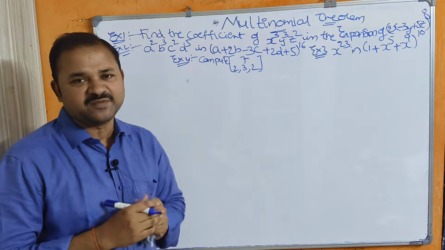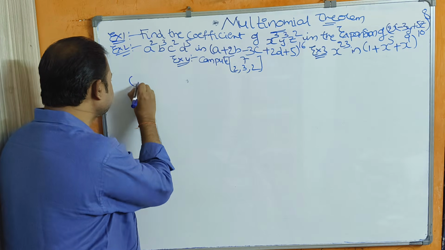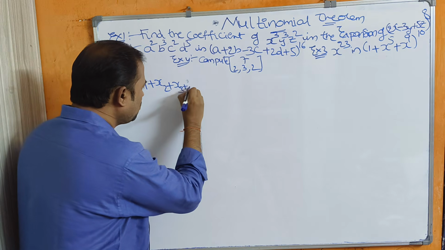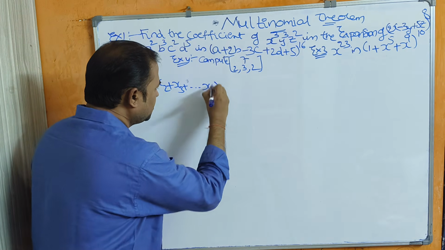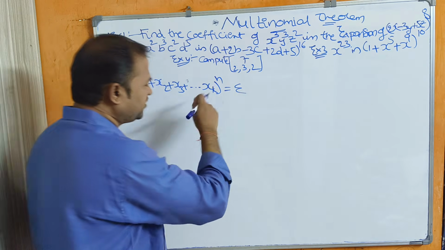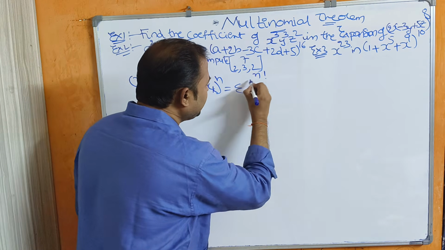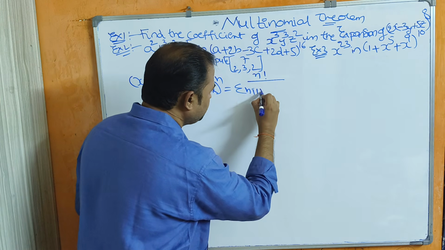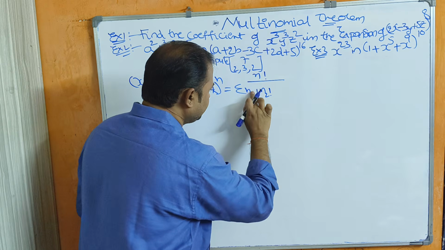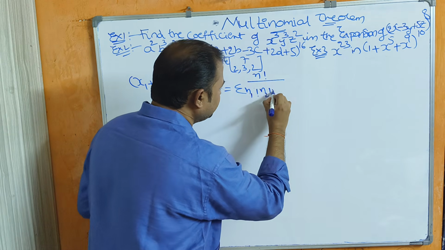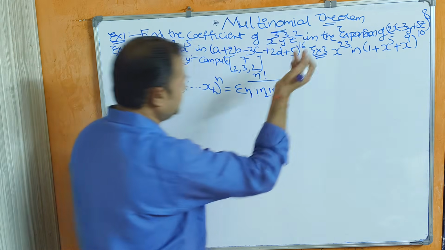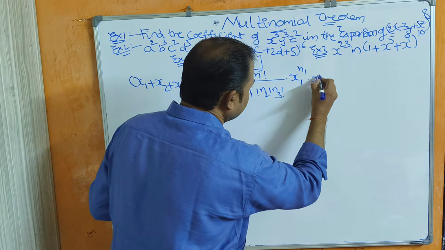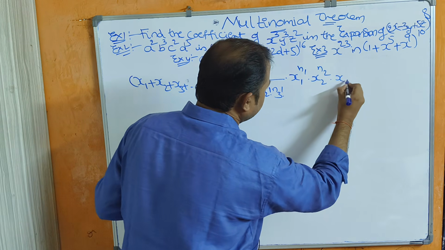First let's see what the multinomial theorem is. The multinomial theorem means (x1 + x2 + x3 + ... + xk) whole power n equals the summation of n factorial over n1 factorial into n2 factorial into n3 factorial and so on, into x1 power n1 into x2 power n2 into x3 power n3